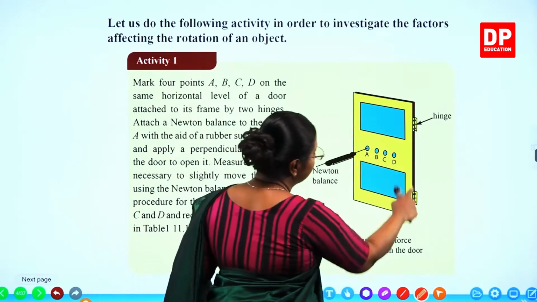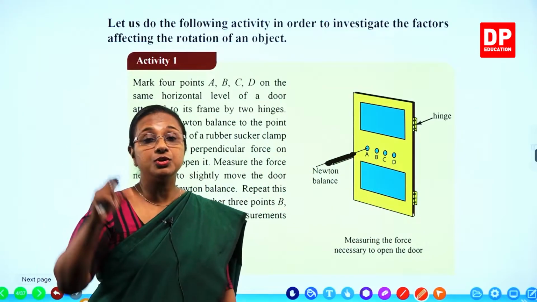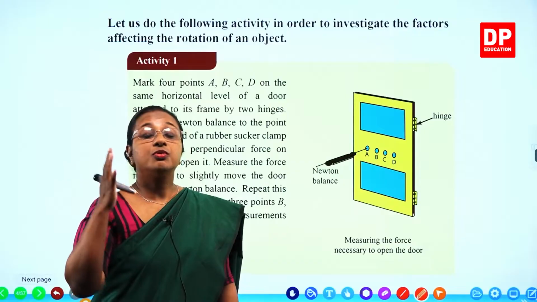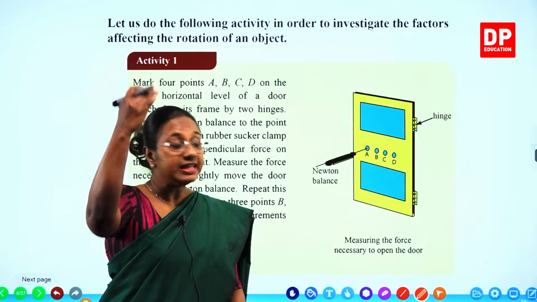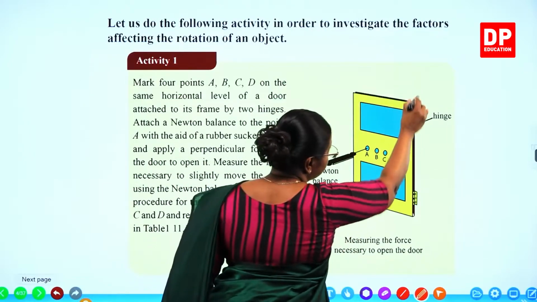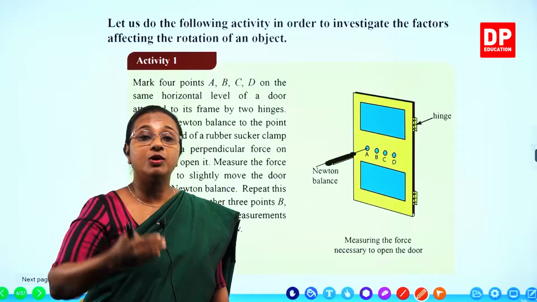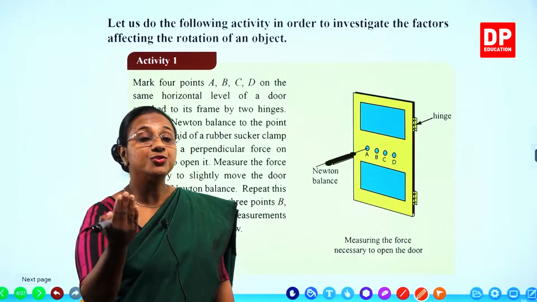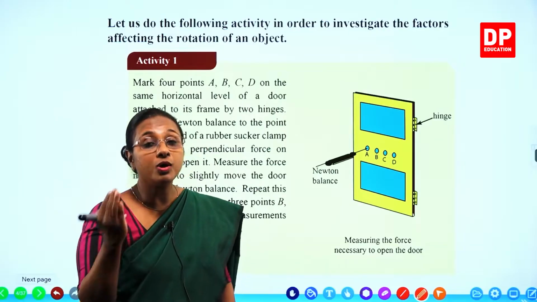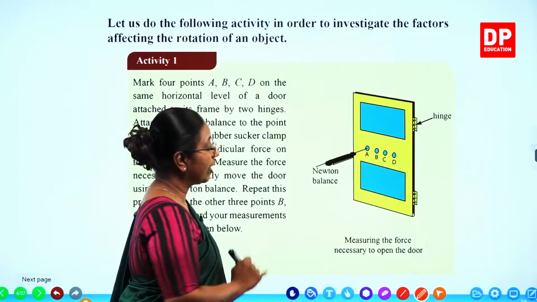You all know what hinges are. Hinges are the parts that help to fix the door to the frame. So the door does not come off the frame, it's fixed to that point, and there is an axis. Along this axis, you can imagine there is a line going along the hinges. So that is an axis, and the door is going to rotate around that axis. That is what we are going to